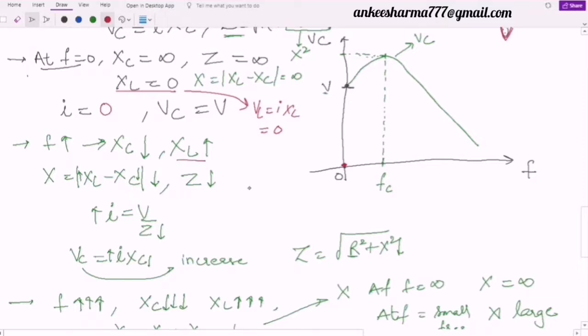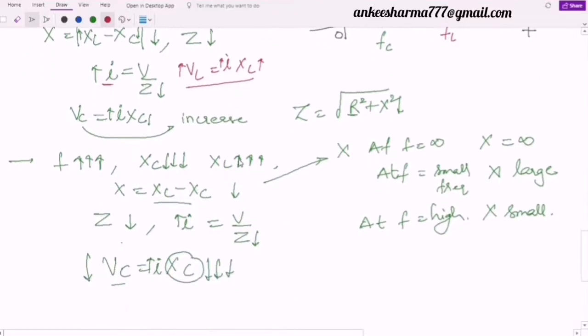Now if XL is increased, we have seen here that I is also increased. So definitely VL, which is equal to I into XL, XL has increased and I has also increased. It means VL will also increase and you will find that this curve will start increasing from here. It keeps increasing like this and reaches a maximum value which is again equal to the voltage across the capacitor. So here also we get the same value, but at a different cutoff frequency, it will come at a different frequency. So I will name this frequency as FL because it is corresponding to the inductor.